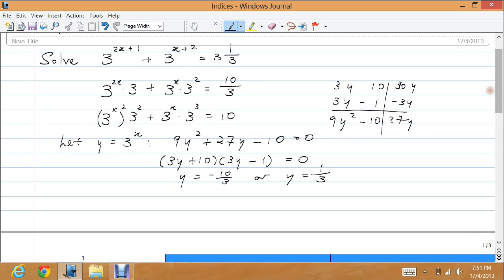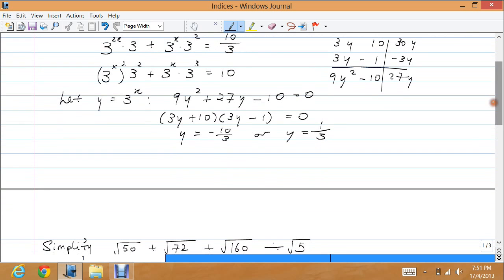Notice the equation we have solved is in terms of y. But remember, we are trying to solve for x. So 3 to the power of x equals negative 10 over 3 or 1/3. However, 3 raised to any power cannot be negative. So we reject the first answer. Hence, in this case, x is equal to negative